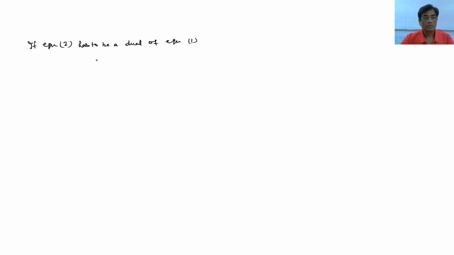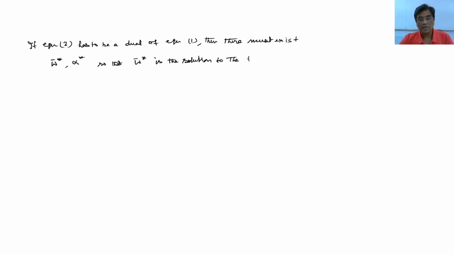If equation 2 has to be a dual of equation 1, then there must exist the optimum value W and optimum value alpha, which show that W optimum, we are representing optimum value as star, is the solution to the primal problem